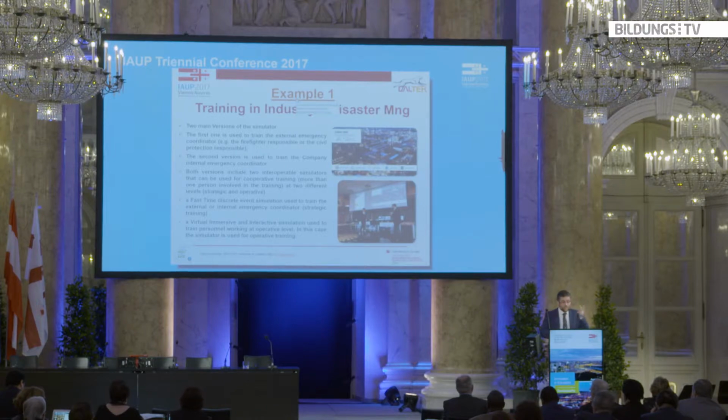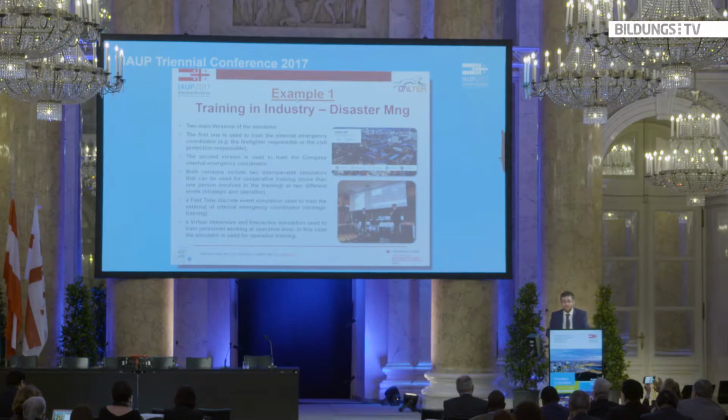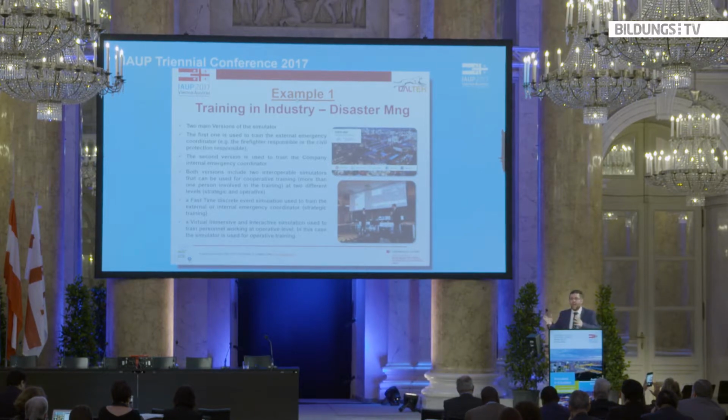In each version, we have two interoperable simulators that are able to talk to each other in order to carry out strategic-level training, for the person that will take care of the emergency management, and operative training, because in many cases, if there is a disaster, a fire, people are scared and maybe they are not able to do very simple operations, so we need to carry out operative training. But let's see